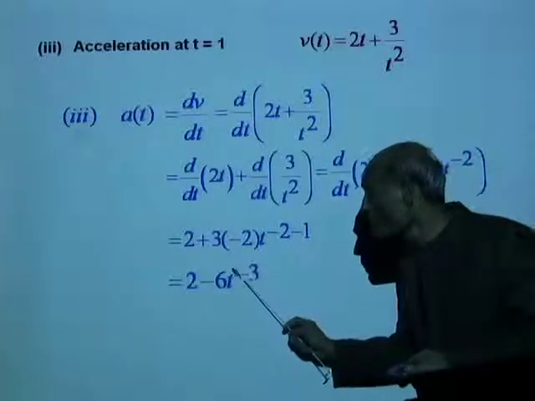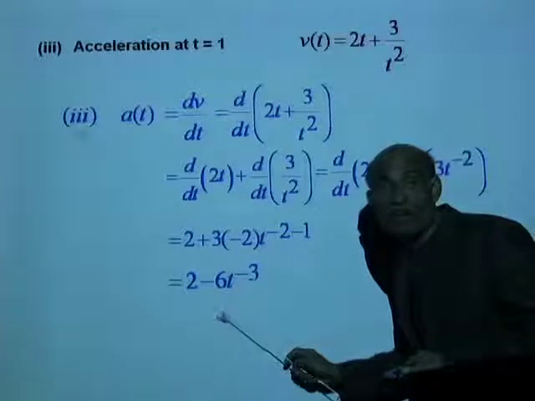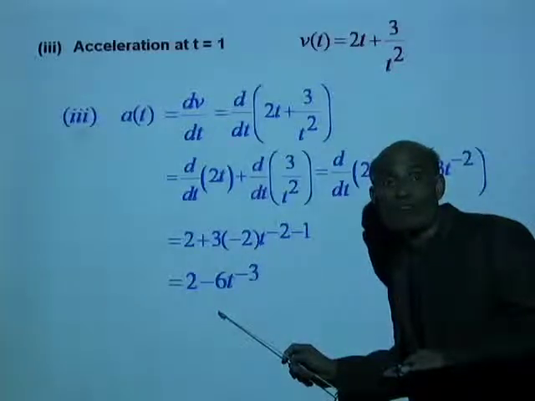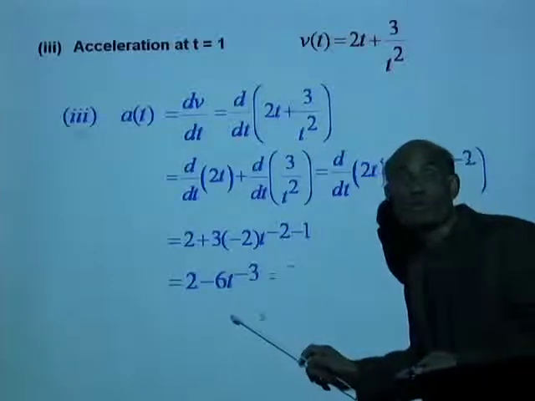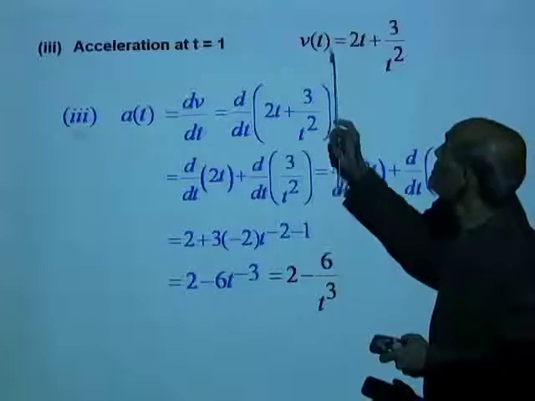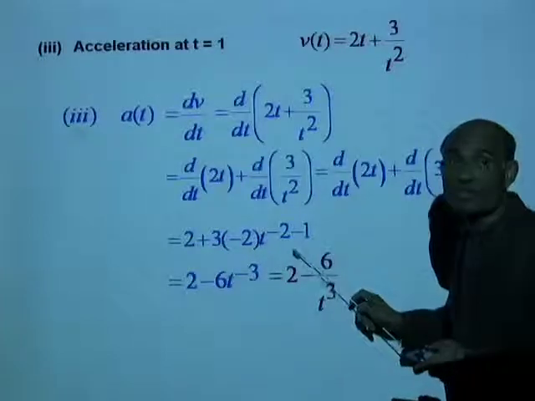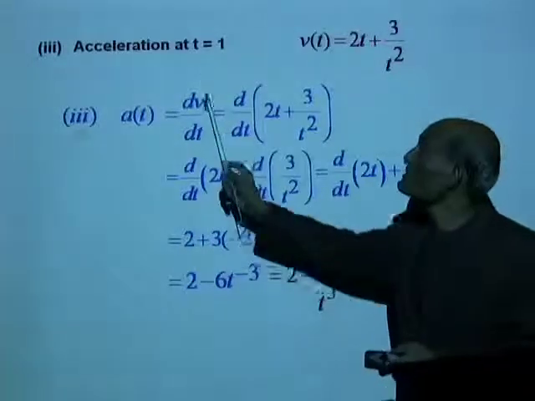And now in the result, we cannot leave it with a negative power. We must take it to the denominator and give it a positive power. So this will be 2 minus 6 over t to the power of 3. And that is the derivative of the velocity function. So this is the acceleration function, and we need to find the acceleration